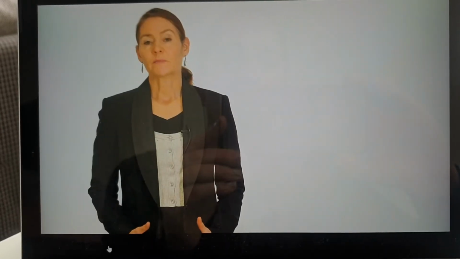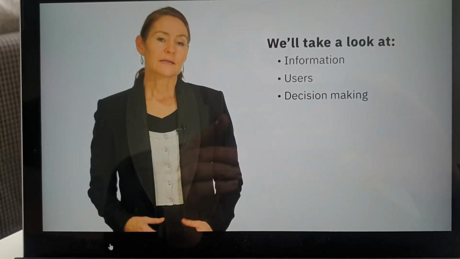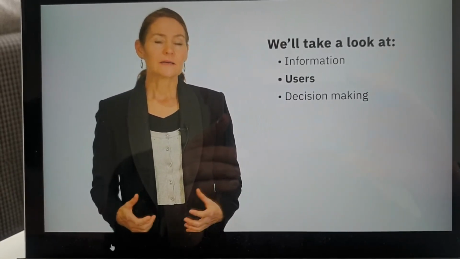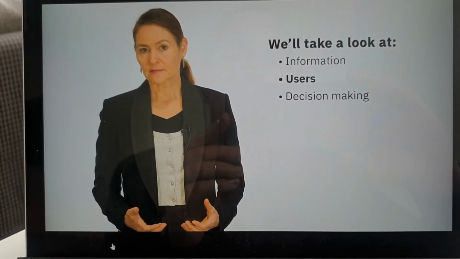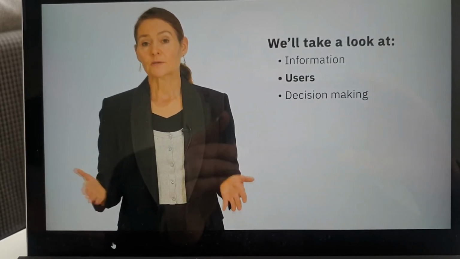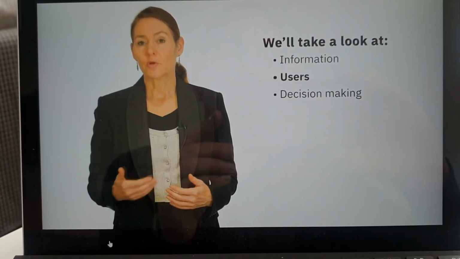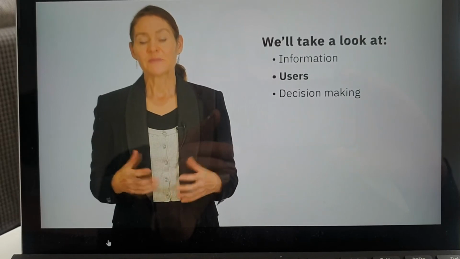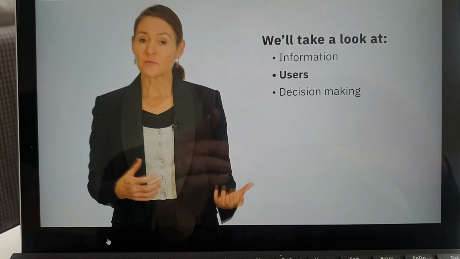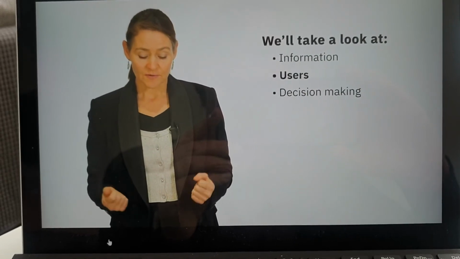The starting point in topic 1 is looking at information and users and decision making. Understanding who the users of financial information in your organization are will assist you in understanding why reports take certain formats. One of the key users that we look at in these first 4 topics, 1 to 4, are the external users, and they rely on the reports known as the general purpose financial statements. General purpose meaning that they can be used by parties not internal to the organization, so external. It could be shareholders, government organization, contracting parties, suppliers, customers, those sorts of users.